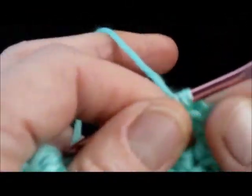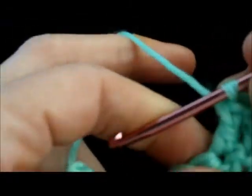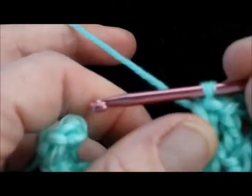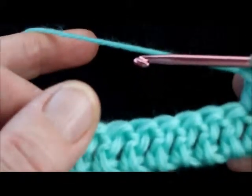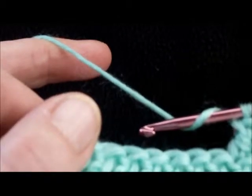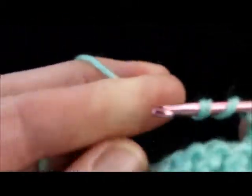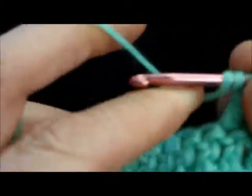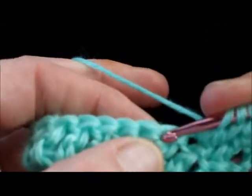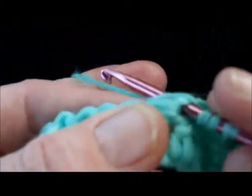Now I've done trebles here. It doesn't matter what stitch you're doing as long as your bobble is worked with a longer stitch than the rest of the row. So with trebles you wrap the yarn around the needle once for your stitch. So for the bobble I'm going to wrap it round twice. That way the stitch will be longer and then it will stick out like a little bubble. So wrap it round twice,